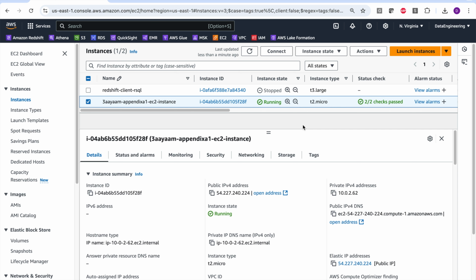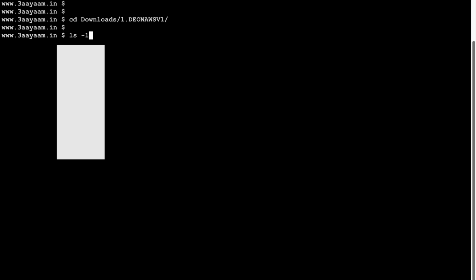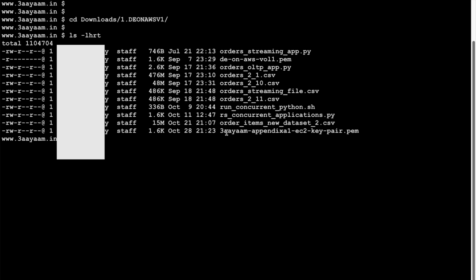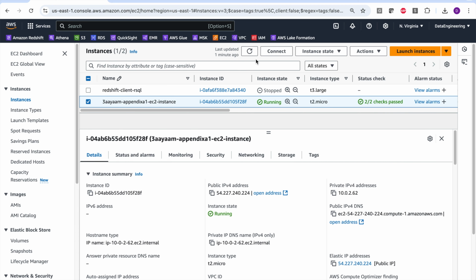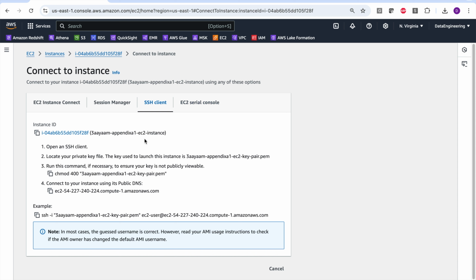Now I can actually log into this EC2 instance. And this is the EC2 key pair that I have just created. What I have to do is that I have located the EC2 key pair. Then you already know what commands to run. But if you have forgotten, you can go to the EC2 console, click on the EC2 instance, and then click on connect. And this is the command that you have to run, chmod 400 followed by the name of the